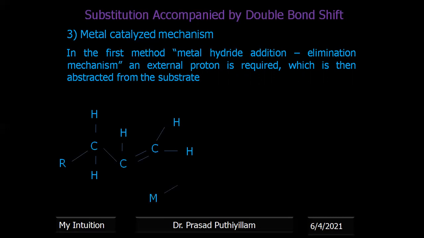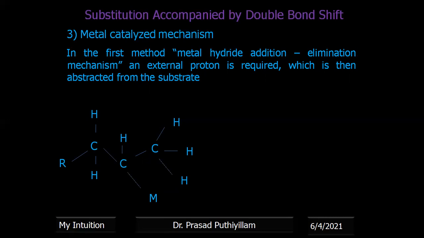Then the metal hydride represented by MH, in which M stands for the metal. It may be platinum, rhodium, palladium, etc. Okay, so the metal hydride forms a bond with the substrate, or it is added to the double bond, that is an addition reaction. So this metal hydride is added to the double bond in such a way that H is added to this one, it will become slightly positively charged, and M is connected to this carbon and then H is connected to that. This double bond breaks and an addition takes place. So it is a metal hydride addition.